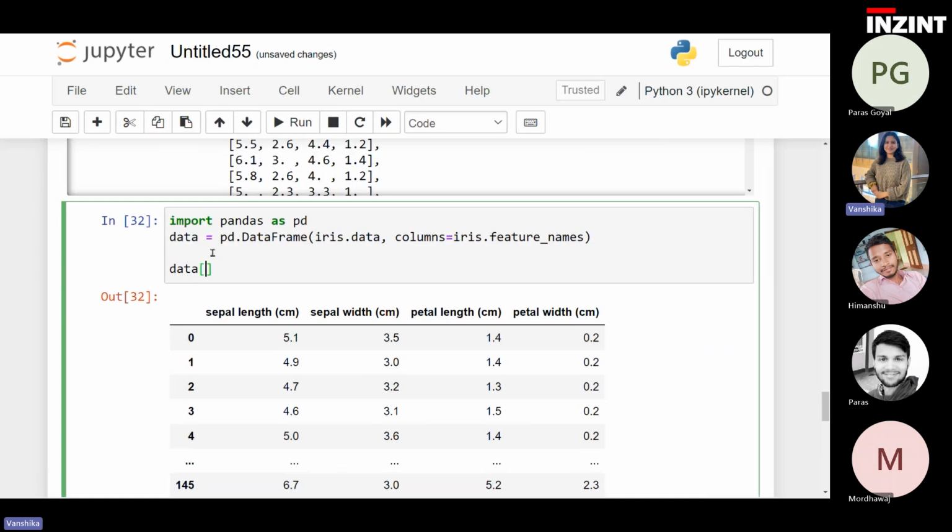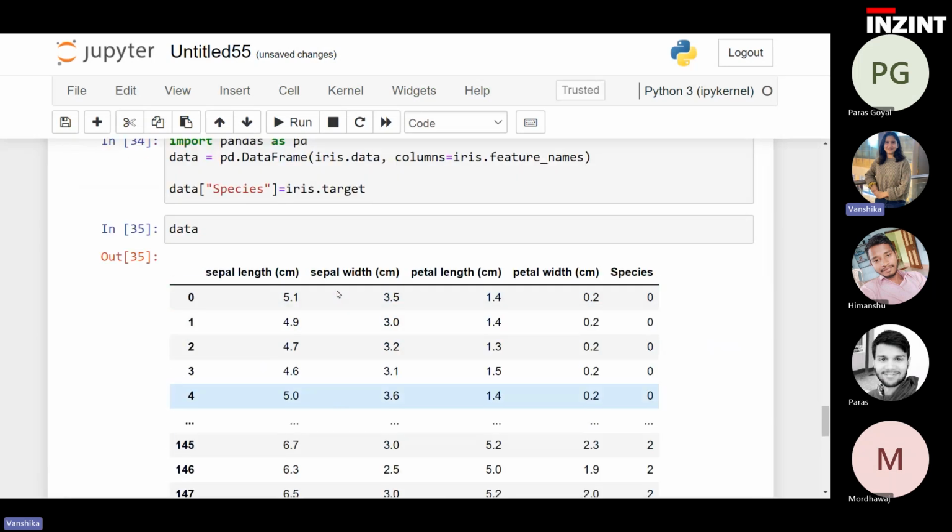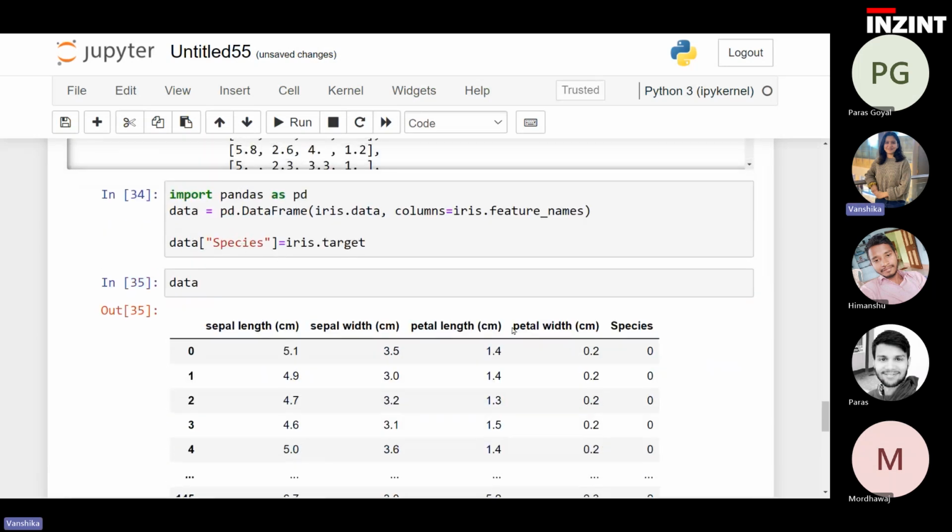तो जैसे data is my data frame currently, इसमें if I want to create a new column, so I can simply write, column का नाम क्या होगा, species is the column name that I want, and directly assign the value. So value is iris dot target. And it is as simple as this to add a new column inside your डेटा फ्रेम, ठीक है।